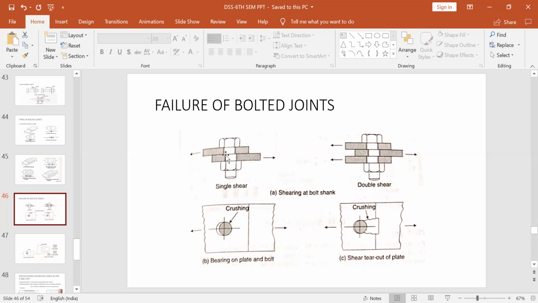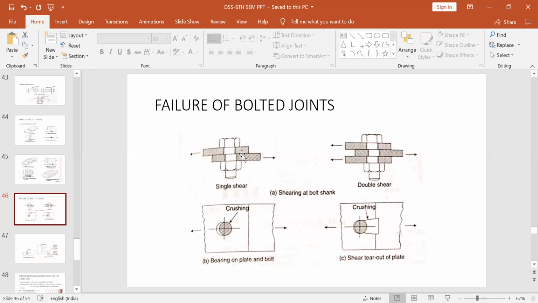So why is it occurring? It is occurring because shear stresses are generated in the plates, which slip due to applied forces. You are applying forces on these two plates. Obviously, since these are ordinary bolts, not friction grip bolts, there will be slip. This is not slip critical. This is a bearing type connection. So these bolts will slip, and due to this slipping, shear stresses will be generated in these bolts.